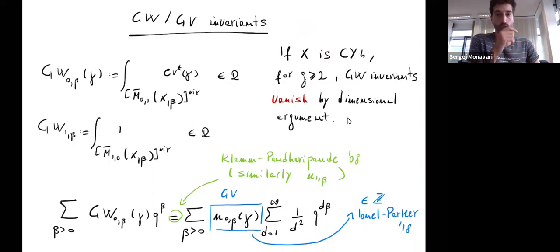How do you define curve counting invariants? We have a more or less canonical theory to do that: Gromov-Witten theory. You take the moduli space of stable maps, and you want to fix some genus and some number n. The point is that for Calabi-Yau fourfolds it's peculiar, because if the genus is greater than 2, then all the Gromov-Witten invariants just vanish by a dimensional argument, because the virtual class would have negative virtual dimension. So the only interesting cases are genus 0, counting rational curves, where the virtual dimension is 1,